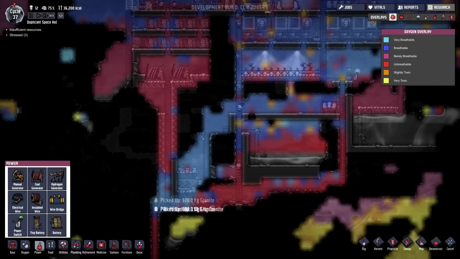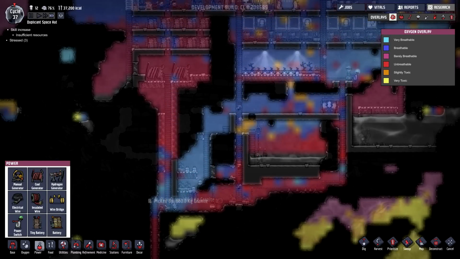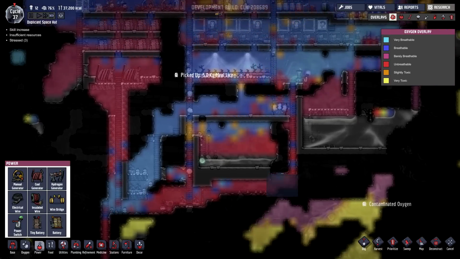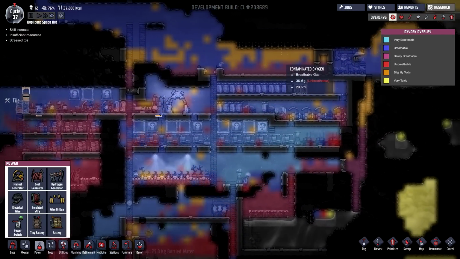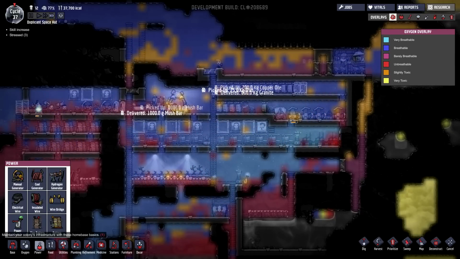Now, how do I pump the water? There's so much piping that would need to be done. Glug, glug, glug. And then hopefully it'll start pulling down all the carbon dioxide. Dude, look at all this. There's contaminated oxygen like crazy out there. Maybe what we do...